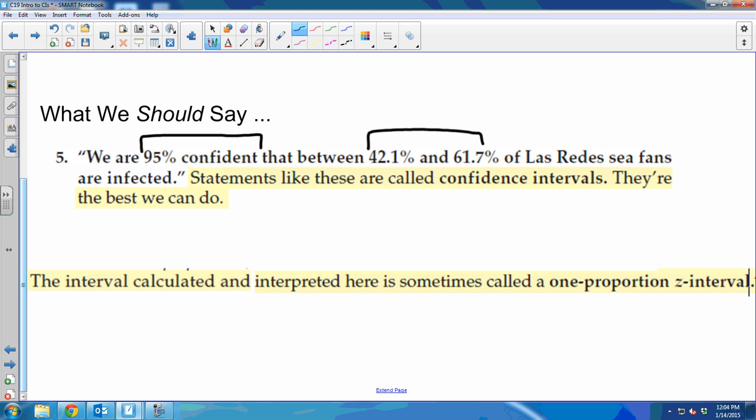So are we just assuming that, or are we just assuming that